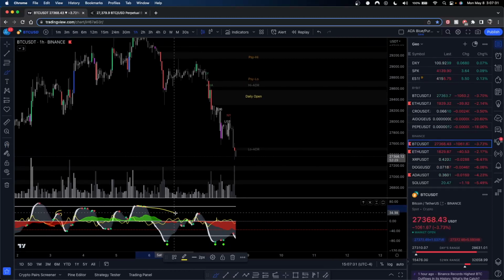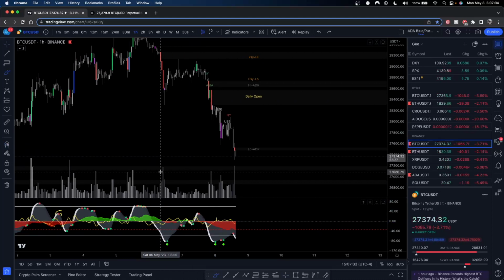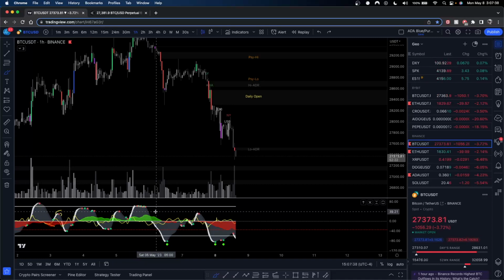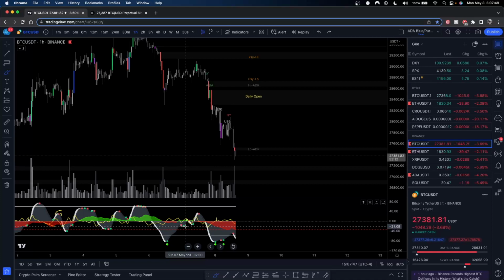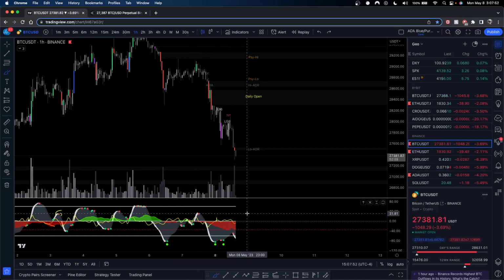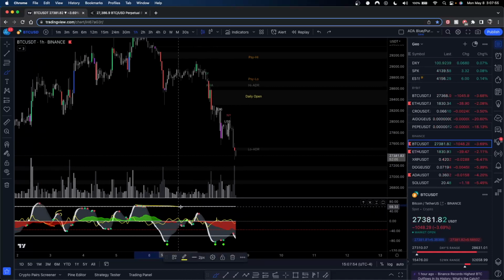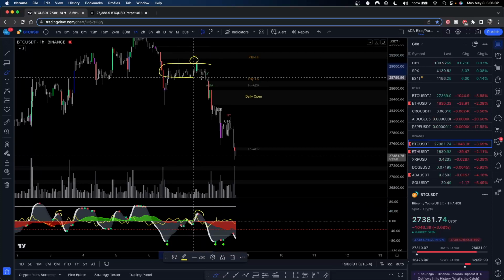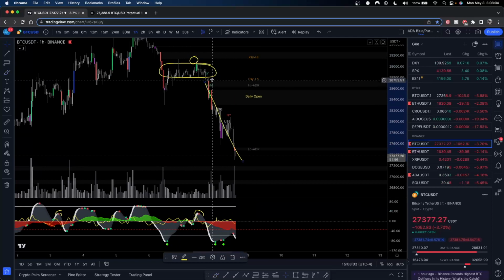Money flow is coming down over time. We're not thick in the red, but you need to be aware that your cheat sheet setups can come with very thick money flow, and with thinning money flow coming down over time. Obviously, the thicker, the better, but sometimes you don't always get the absolute perfect indications that you want to see from your indicators. So this would have been considered, I wouldn't say a cheat sheet entry, but it's the same concept. And if you shorted from right there or anywhere in this whole period,